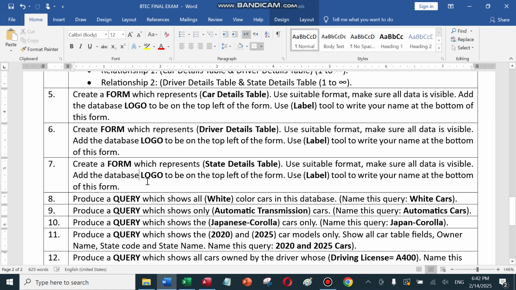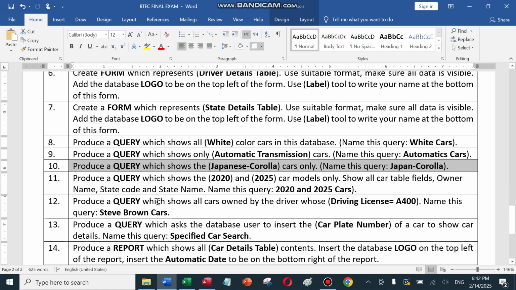We go to question number 10 now, query number 3. Produce a query which shows Japanese Corolla cars only. Look at what is the difference here. The difference here is that we have, like, a double condition. We need to find the cars made in Japan, and they should be the Corolla model. Okay, so it has double